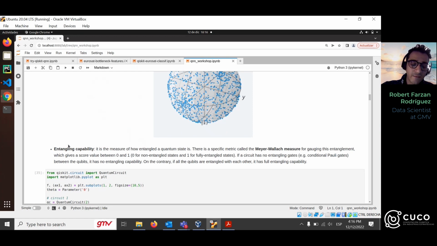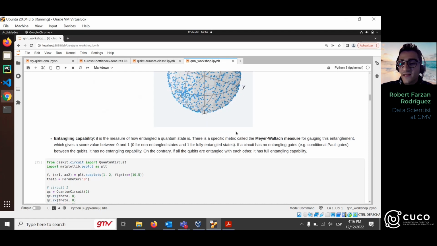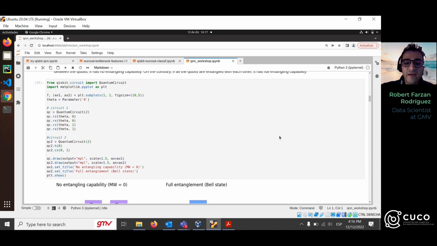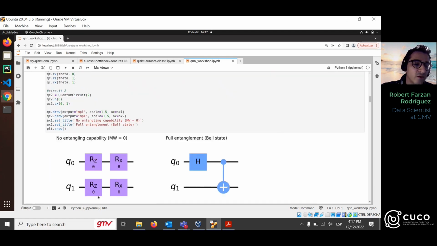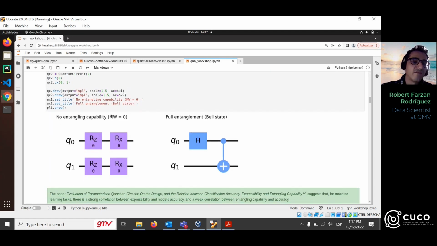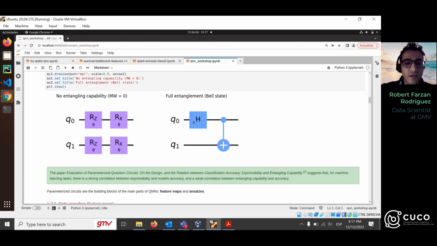And then the entangling capability is the measure of how entangled our quantum circuit is. That is measured by this Meyer-Wallach measure. And it only means that if your qubits are not entangled, they have zero score on the Meyer-Wallach, and if they're fully entangled, like in a Bell state, they have